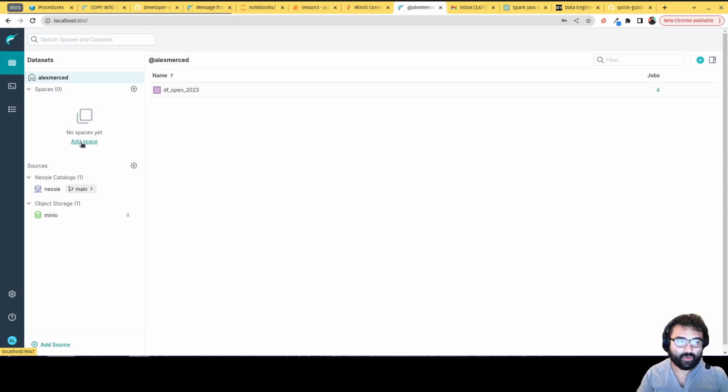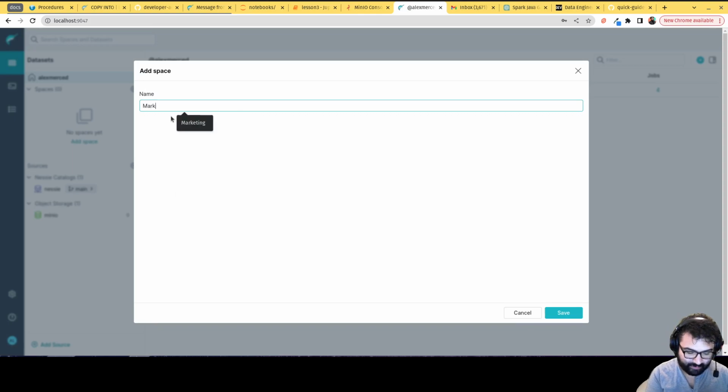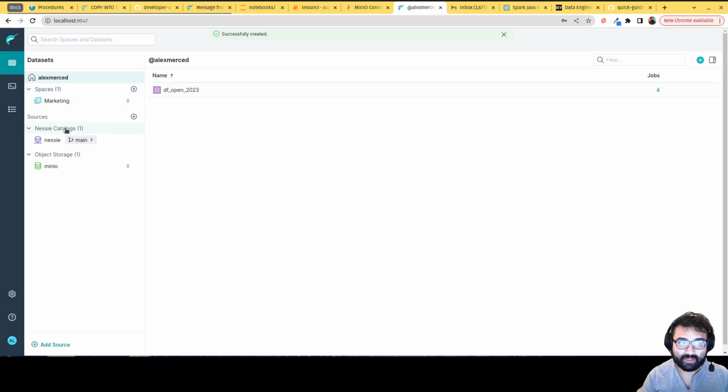Cool. And then again, I can organize all those views in the spaces. So for example, if I wanted to create different data products, I could create a space for each marketing product, or I could even create a Nessie catalog for each marketing product. Either of them has the ability to track views. So you can create either a different Nessie catalog to track the views for a particular data product, or create a space to track the views for a particular data product. And then you would give that authority to the users who should have access to it. They would only have access to the spaces you gave them and the specific views and tables you gave them access to. So basically, it allows you to connect all your data in one place, govern it,